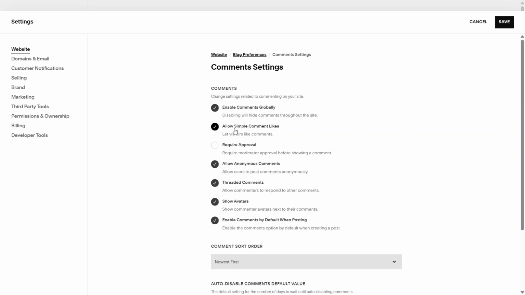You can choose to allow simple comment likes if you want visitors to be able to quickly react to comments. You can turn on Require Approval if you'd like to manually approve comments before they go live, which is useful for keeping spam or inappropriate content off your site. You'll also see an option to allow anonymous comments. If you enable this, people can leave a comment without creating an account, which can increase participation but may require